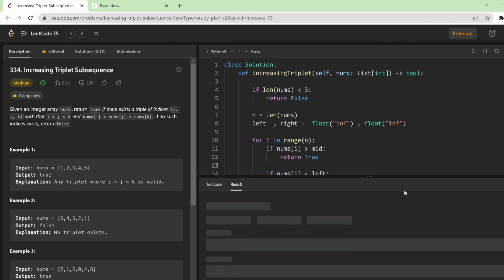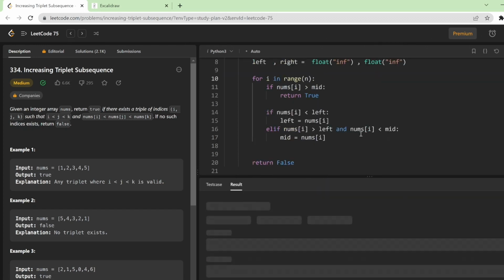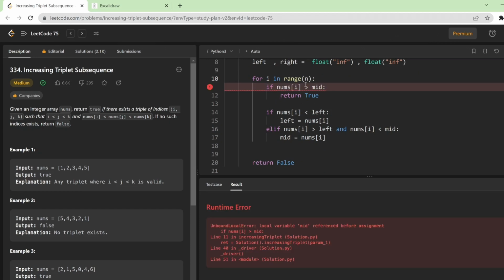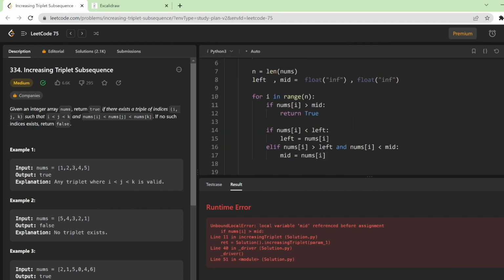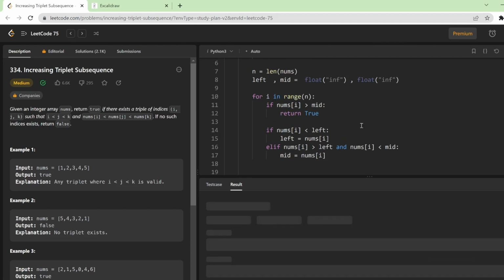Nothing too complex. So let's try to run and see if this works. There is no syntax error or something. Okay, it failed. There is a reference of mid. Oh, I should have used mid actually. The right. Right is going to be actually your I pointer. Okay, this works here. Now if I submit this one,